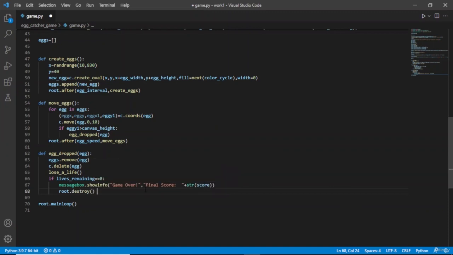So this is our destroy, and here we have defined how our game will end. After this, we will define a new function, that is lose a life. So lose_a_life. This will be our new function,